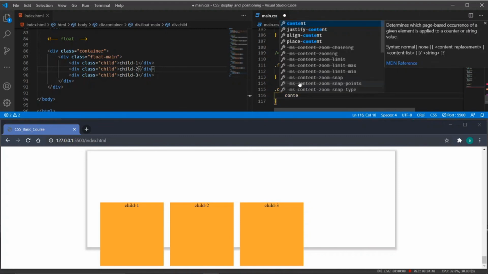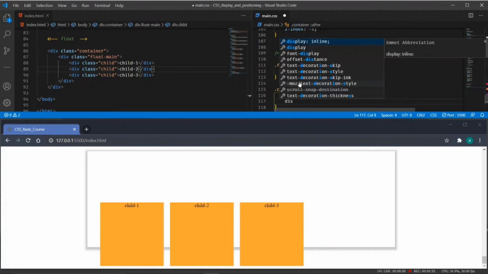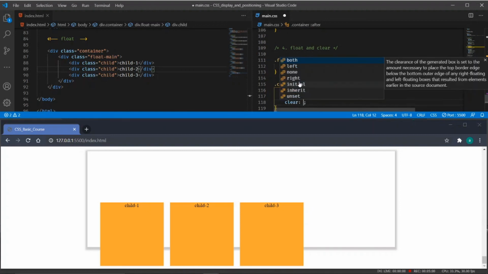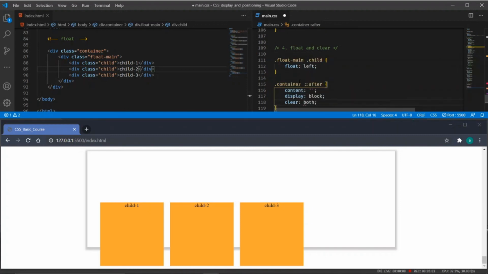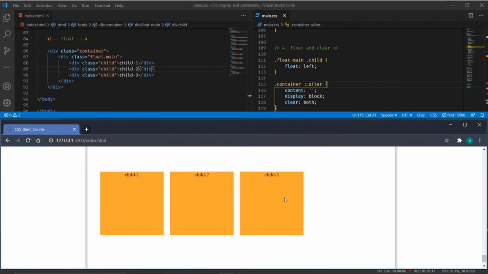We have to pass the content as empty content, apply the display block property, and then we have to clear both. This is instructing the browser to clear the float on both sides. So when I save this, it will clear the floating.